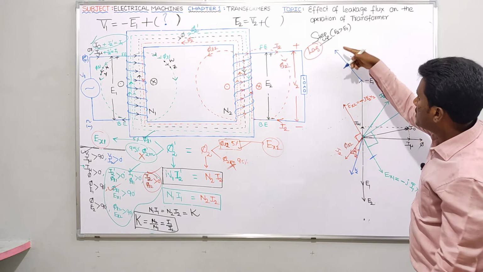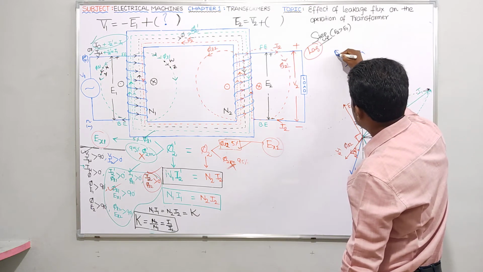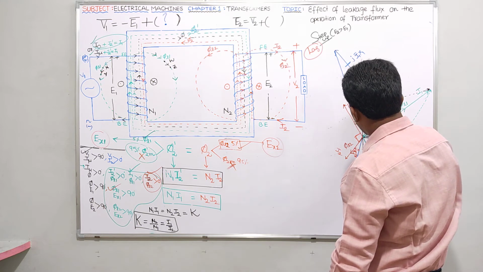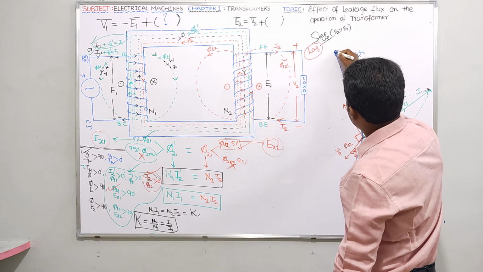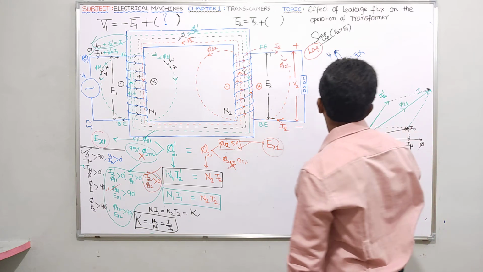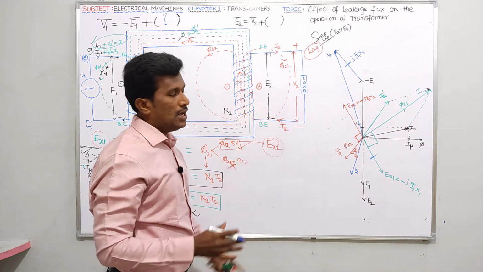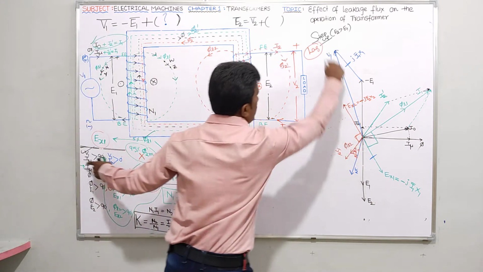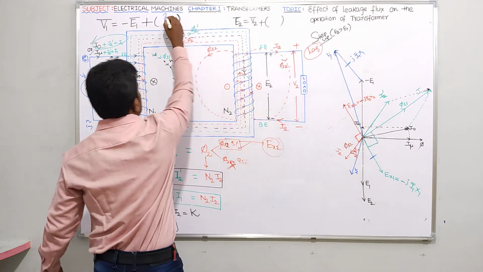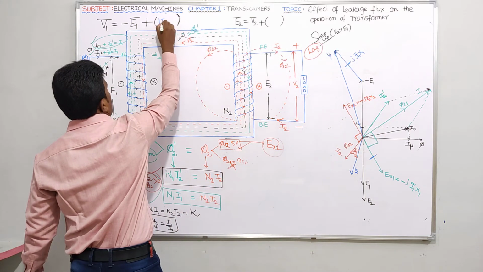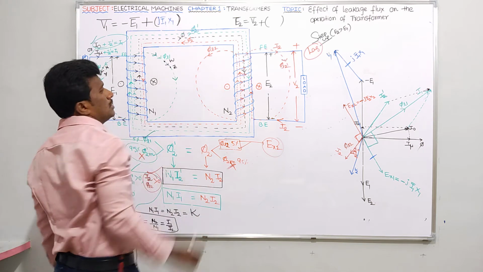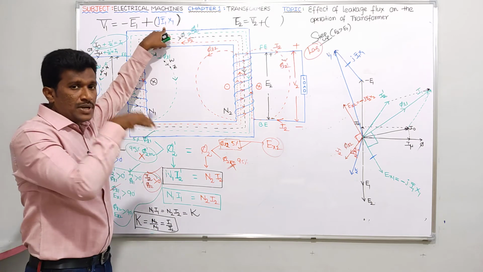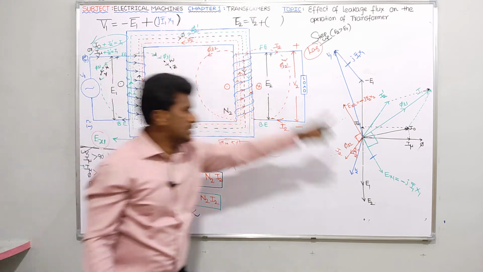Now minus E1 bar plus something. This gives you what I can say? V1 vector. This is nothing but V1 vector. So guys, ultimately tell me what is the equation you are going to have in primary side. V1 bar equals minus E1 bar plus j I1 bar x1. This j I1 bar x1 is nothing but the EMF which I just induced in primary side to compensate this EX1.